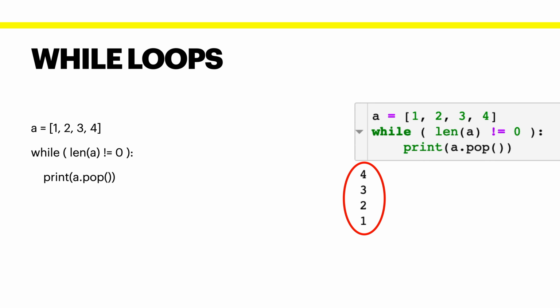1. After printing 1, the while loop will check if the length of the list is not equal to 0. Since 1 was the last element in our list, now our list is empty. This results in making the condition false and therefore the statements in the while loop won't be executed.